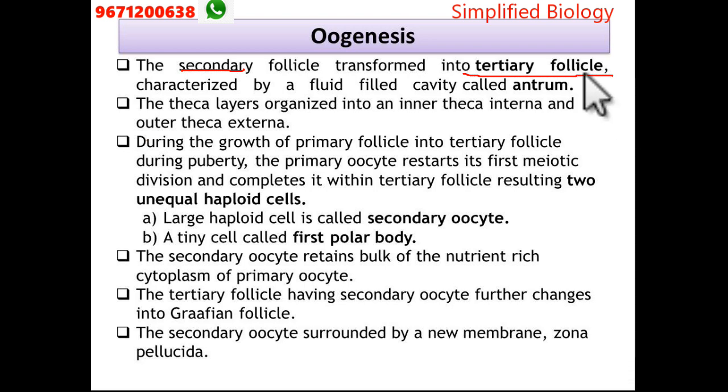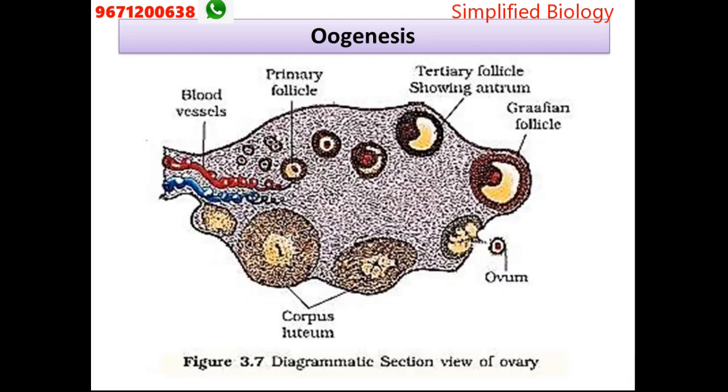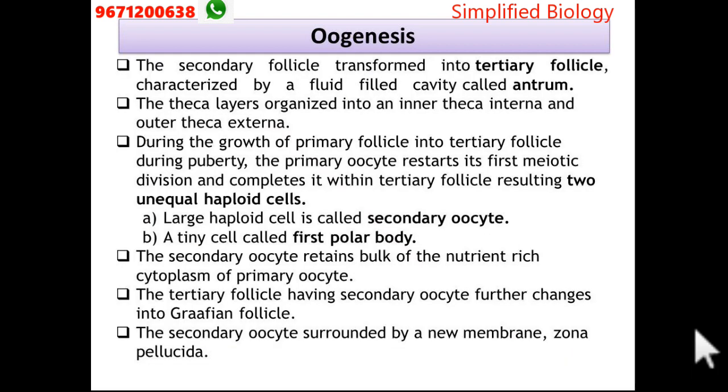Okay, so just find the major difference between the secondary and the tertiary follicle. There will be the presence of the antrum. So that is the tertiary. This is the presence of the antrum as compared to the secondary structure. That is the major difference. Clear beta? So whenever the tertiary follicle is formed, it is covered with the help of two layers, interna and externa, according to their position. Okay, then it is going to divide.